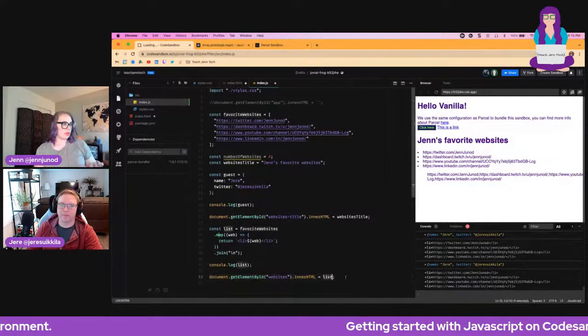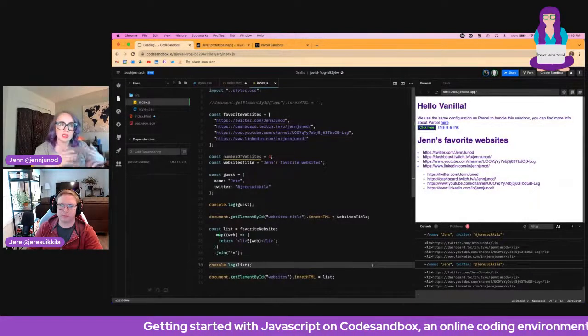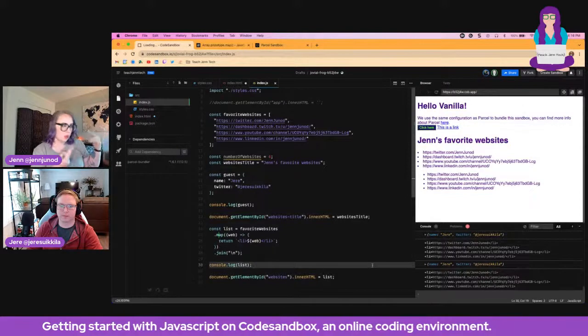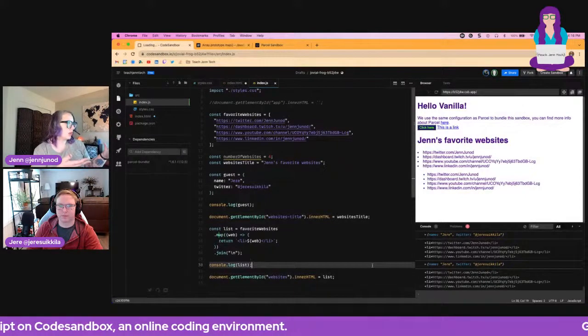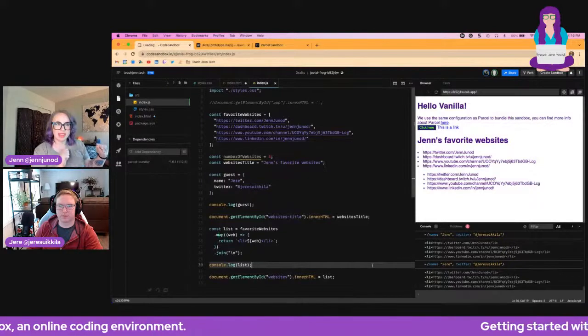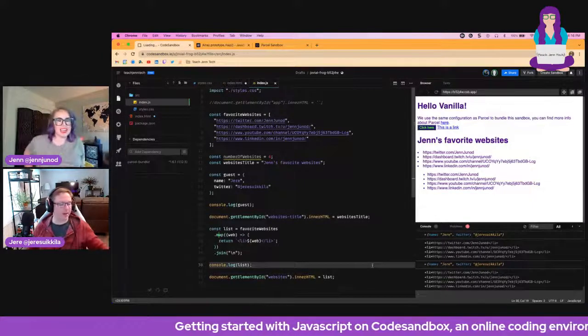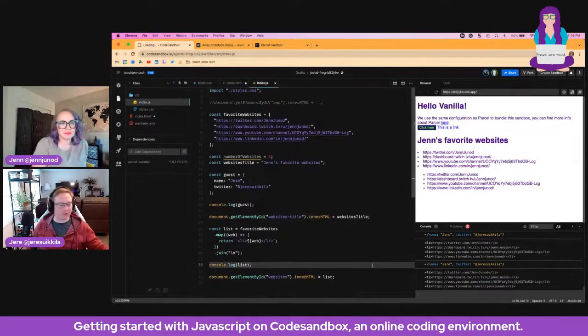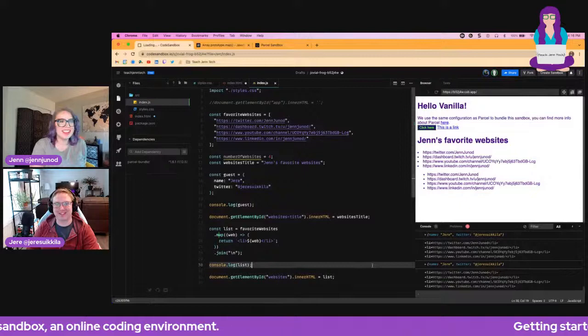Yeah. And that is what I'm going to try on my own, creating all of this again with it looking pretty, because that is something that is outside of the beginner wheelhouse. And I think that would just be fun to learn and see if I can duplicate it. Yeah, I'm looking forward to that. I think you're going to have a Teach Jenn Tech website up and running real soon.